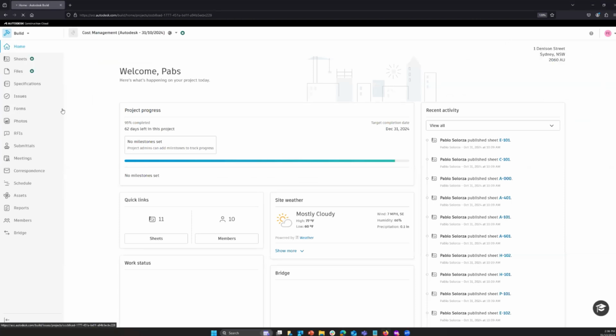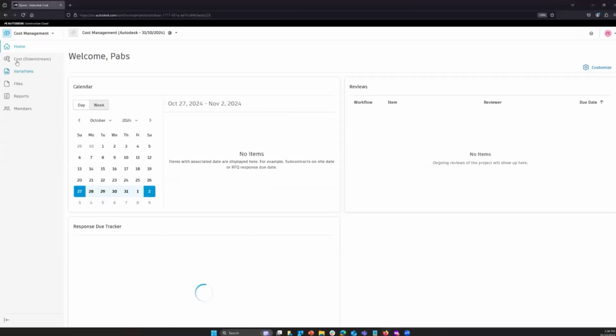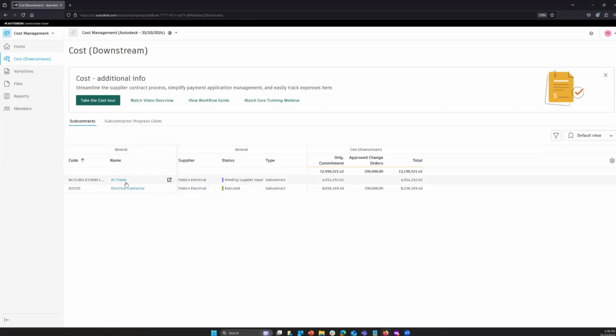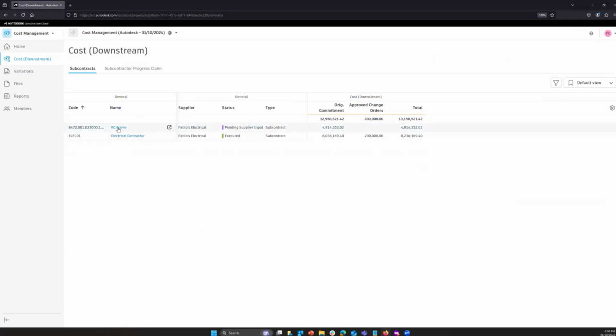So I'm going to go to cost. So here I got a contract called RC frame with that code set to this supplier, and I've requested their input. So the benefit of a subcontractor, they can come into here, they can manage their contracts within the platform. As you can see here, RC frame has appeared within this portal for them, and it's pending their input. So if I open this up as a subcontractor,